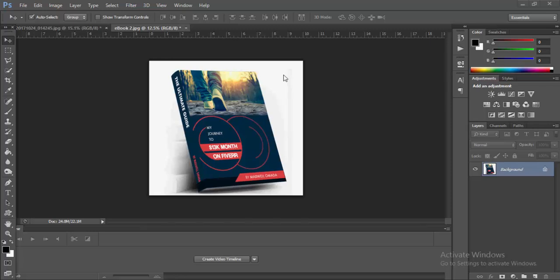Hello, today we shall be discussing how to create a simple 3D ebook design. And as you can see right here, this is one recently designed by my very self. So